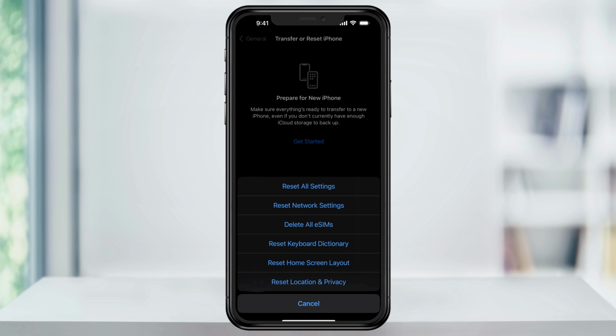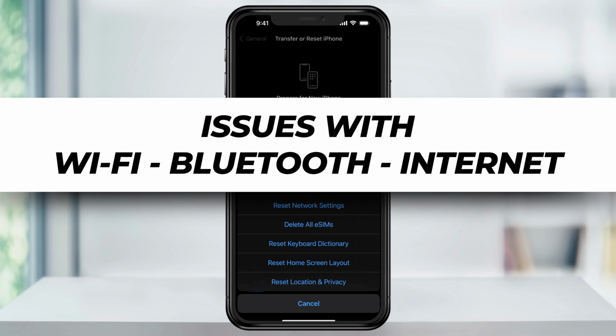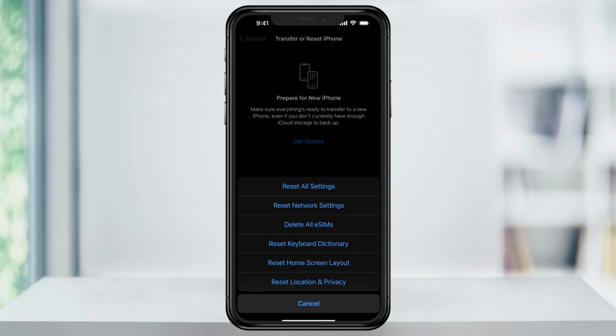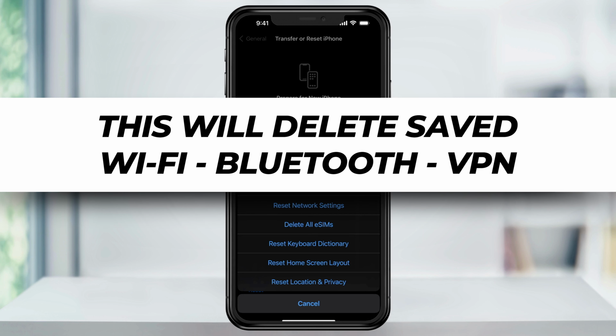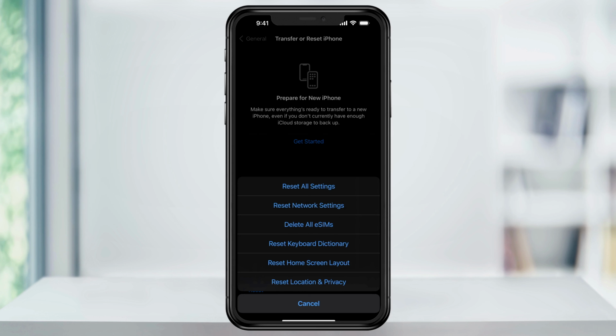The reason that you'd want to reset your network settings is maybe you're having Wi-Fi issues, Bluetooth connection problems, or just random internet glitches. A network reset will wipe out all your settings without having to completely reset your iPhone. Do know though that it will delete all of your Wi-Fi network names and passwords, Bluetooth device connections, VPN settings if you use any, and some of the cellular network preferences if you manage any of that. But reconnecting to Wi-Fi and Bluetooth devices is all you should really be worried about, and those are simple enough